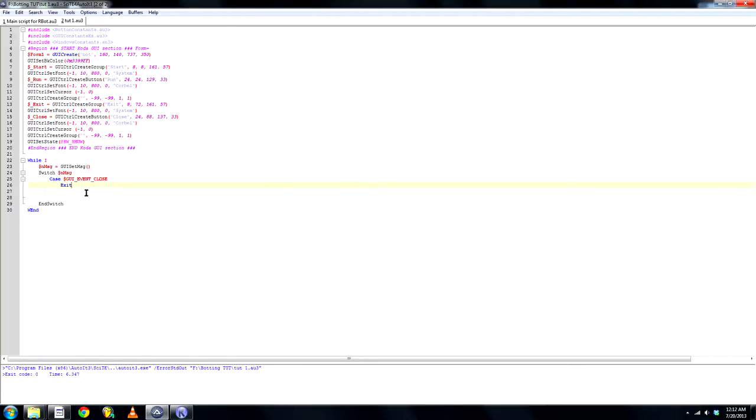First of all, we need a case, then the name. So start, and now we want to write the function. So let's create a login. First of all, we want to create the passwords. For that, we'll do local,